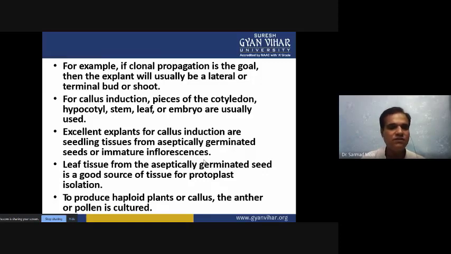And if your target is to produce haploid plants, then you can take the male gametes from inside the pollen, inside the anther. If you are taking the female ovule, you can take the entire ovary itself, or you can isolate the ovule from the ovary. From the pollen and from the ovule you can produce haploid plants very easily. You have to choose the explant according to the type of goal you have.